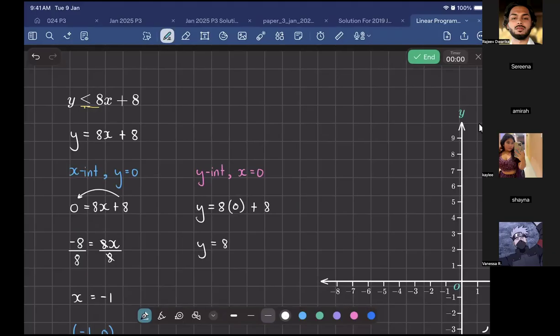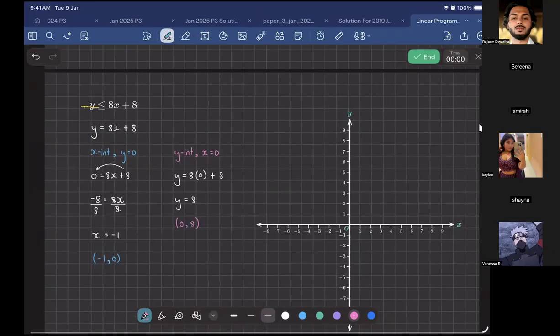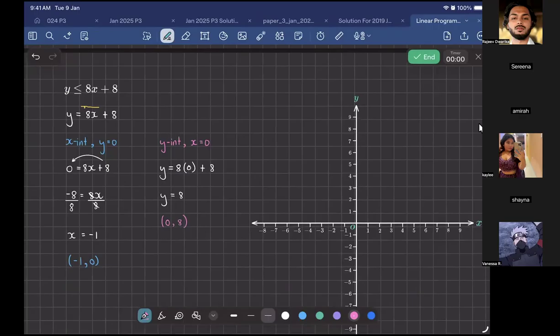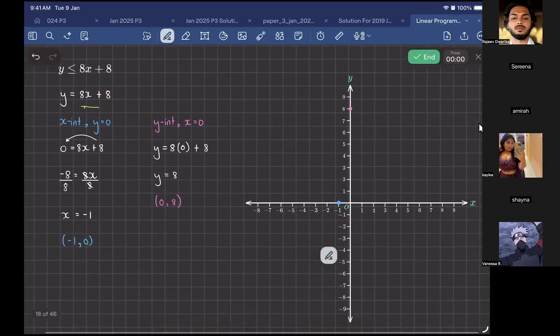Nice. So my line is going to cut my y-axis at what value for y? 8. Right? And that point would look like what? 0, 8. Nice. So let's go to our graph now and put down those points and draw my line. So this is going to be my x-intercept at -1, and my y-intercept is going to be 0, 8. Right. So now you're going to take a ruler and line it up with these points and